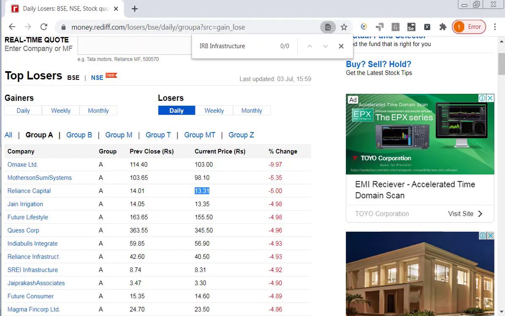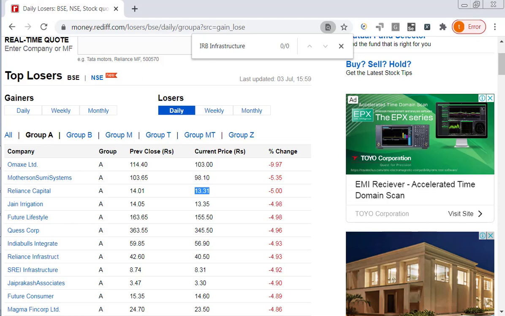Before getting into the demo and the logic, I will walk you through the web application which we are trying to use for this real-time scenario. The website here is money.rediff.com/losers/PSC daily groups, and if you provide this entire URL, you get the table that is getting displayed. The table has a lot of rows and almost 5 columns here.